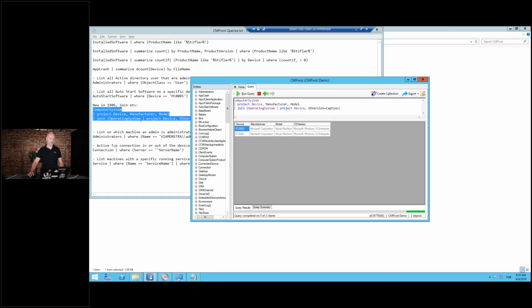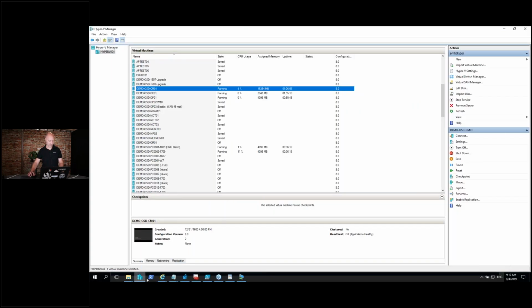But you can do a lot of fun things with CMPivot, and every release of ConfigMgr, you will see that they're adding in more and more stuff here for you to query. One thing they also added in are boot times for things. So the ability to add or list network connections. So if you actually go to the ConfigMgr team website,